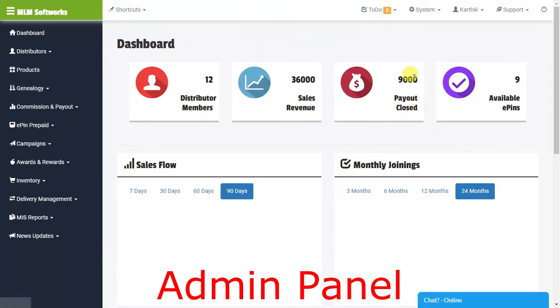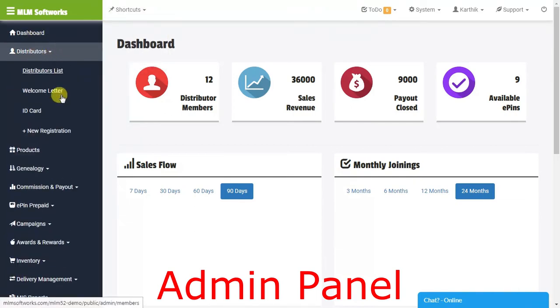Here you can see the overall to-do tasks, the system general plan settings, and the admin profile you can edit here. So here is the support for our system. You can also pin some shortcuts you want.